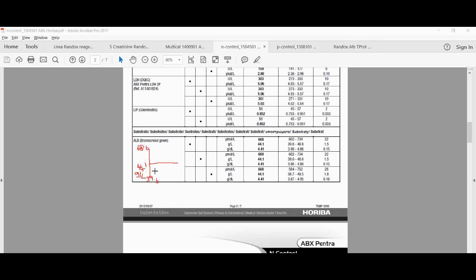So 47.5 would be around about there. So let's say that is 2 standard deviation, that's 3, that's 47.1. Let's say that's 2 standard deviation,